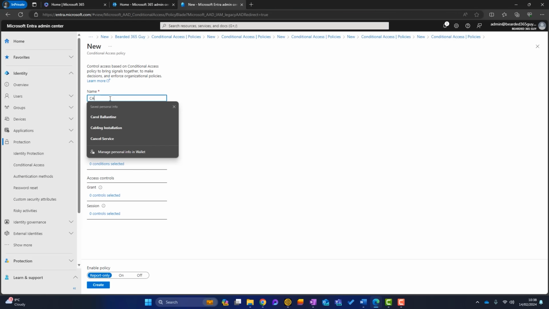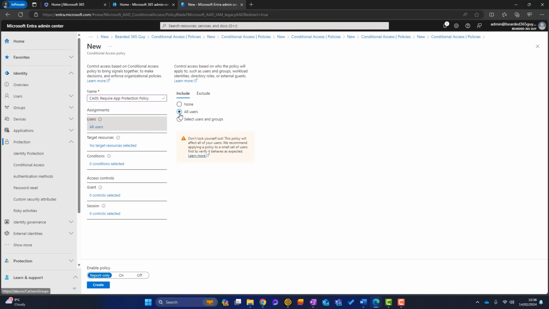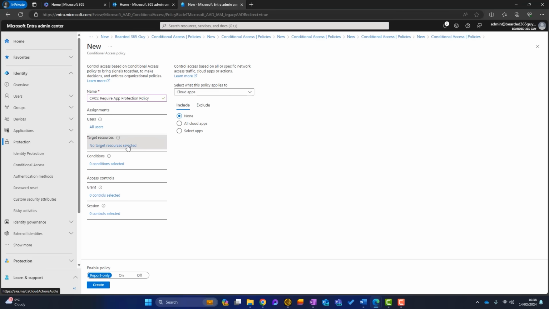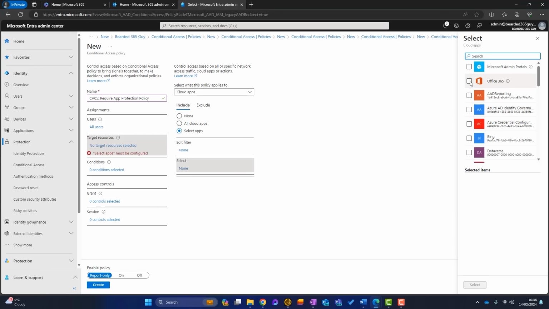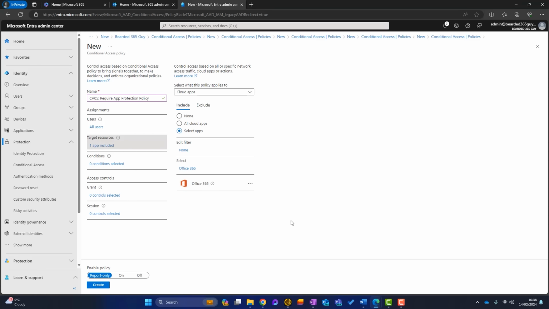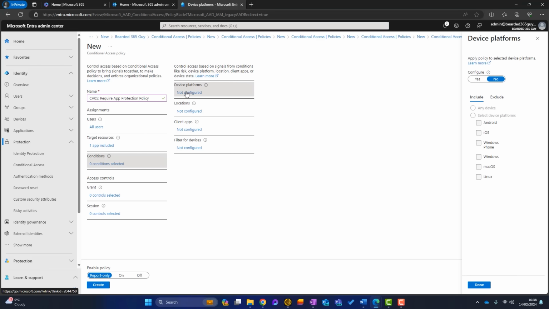Okay, let's create a new policy here. We'll call this CA05, require app protection policy. Okay, we'll assign this to all users. Your target resources here, we're going to click on Select Apps, and we're going to choose Office 365. Click on there. Go to Conditions here. We're going to go Device Platforms. Click Yes. We'll select Android, iOS, because this is for people's smartphones.